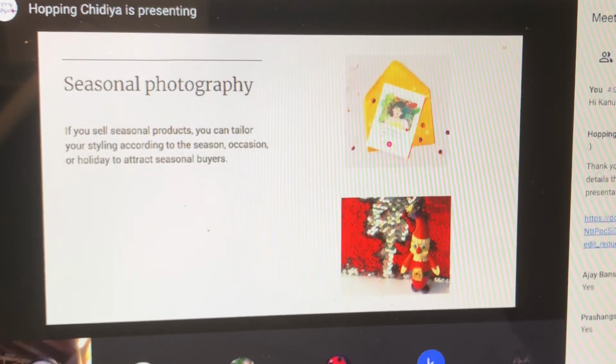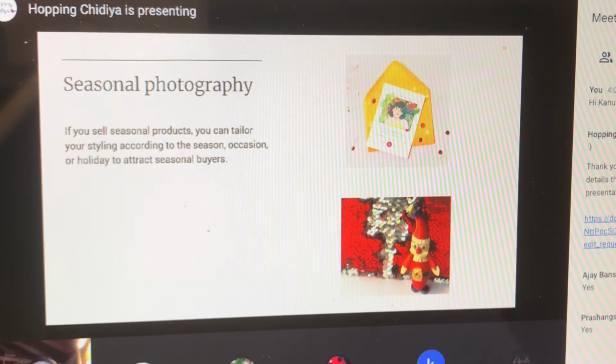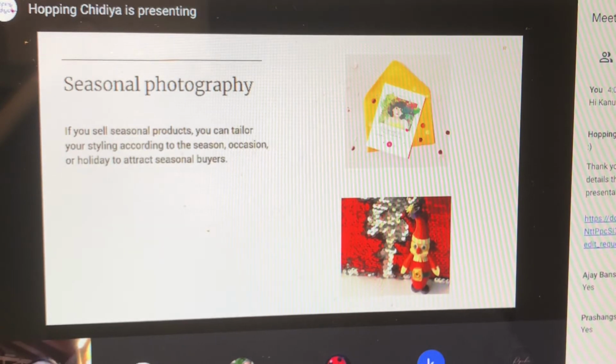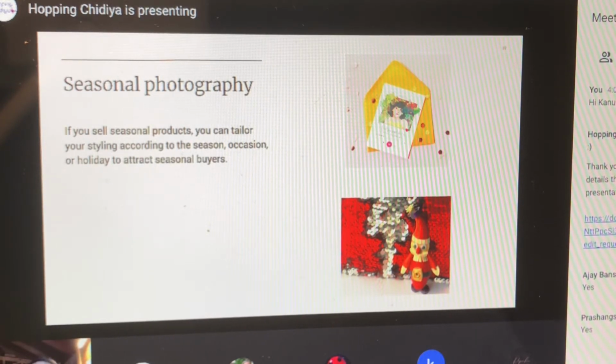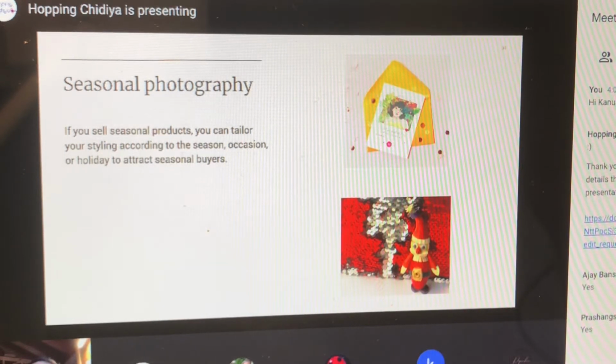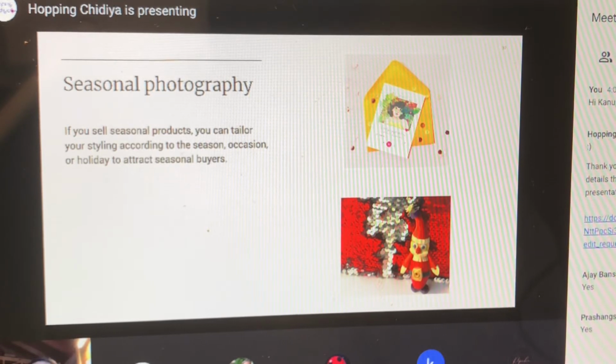So the above example is a very good example of seasonal photography. By this, I mean if you know Christmas is coming, try to take it in a Christmas situation. The picture shown below is not a very good picture. I've put it here intentionally because I tried to show the Christmas feeling, but the entire focus went to the background, and the product is lost. I can hardly see it myself. This is my product, and it's all blurred. So try to take your backgrounds in a very subtle way, even if it's Christmas. I know Christmas is all blingy and very nice, but it's a failed shot.